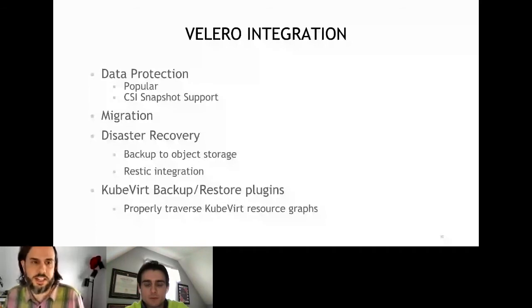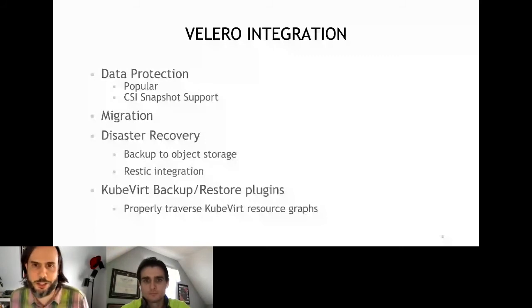It has support for CSI snapshots. It has a lot of support for cloud provider stuff, which I think is less important for us, but I'm interested to hear if you guys are running in the cloud and what you're doing for backups there. Migration and disaster recovery are very similar